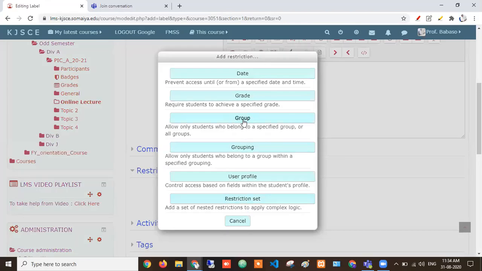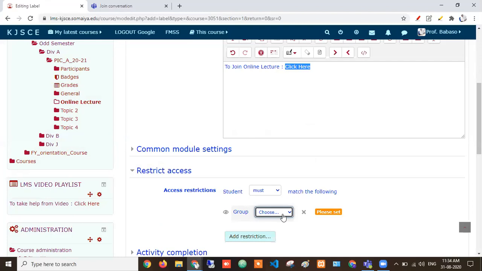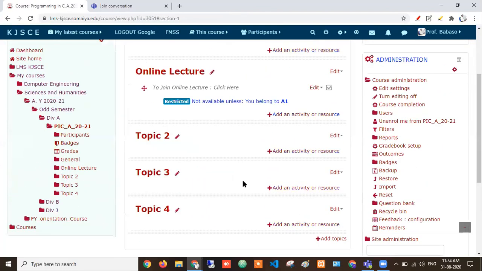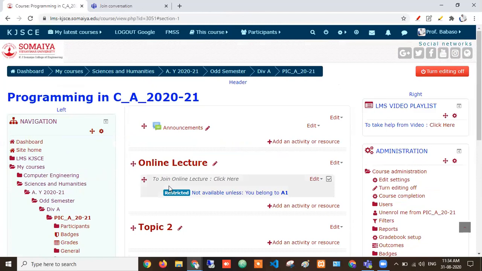So here I have the option group. I'll select the group option, and here I'll select the batch A1, A2, A3, whichever batch it belongs to. Just select and save. So I have created it for that particular batch. Now you see here, to join online lecture, click here. This is available for that particular batch.